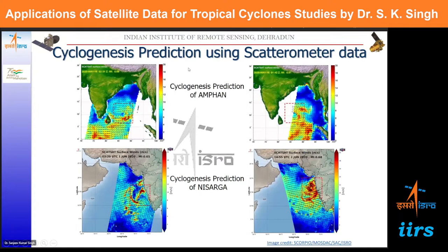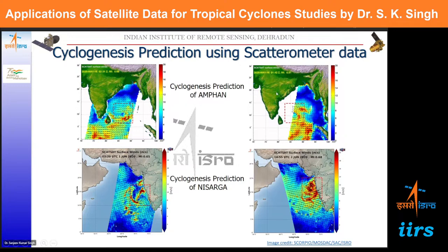So using this algorithm, they have predicted so many cyclogenesis in real time. This is the cyclogenesis prediction of the Amphan cyclone. This is the wind vector on 15th May 2020. You can see the matching index is 0.69. So tropical cyclone was declared on 16th. Before that, they are able to tell that this low pressure, this deep depression,